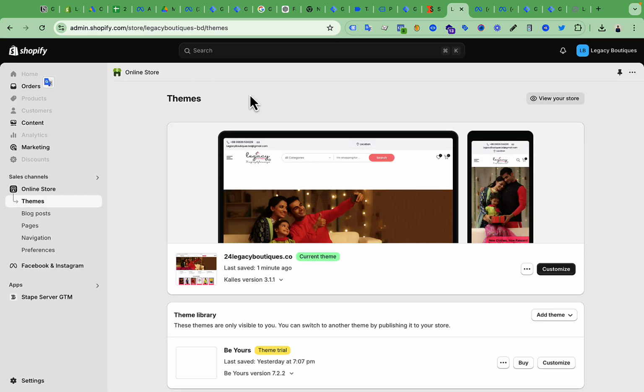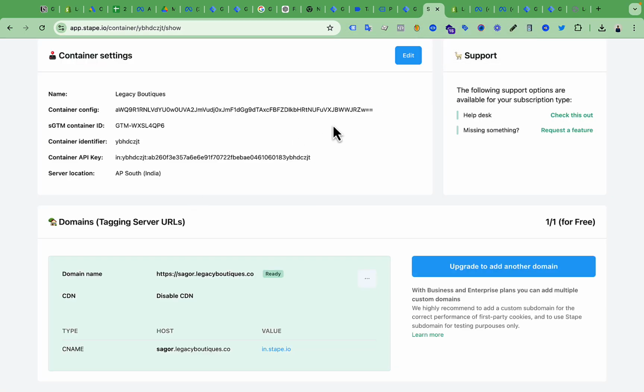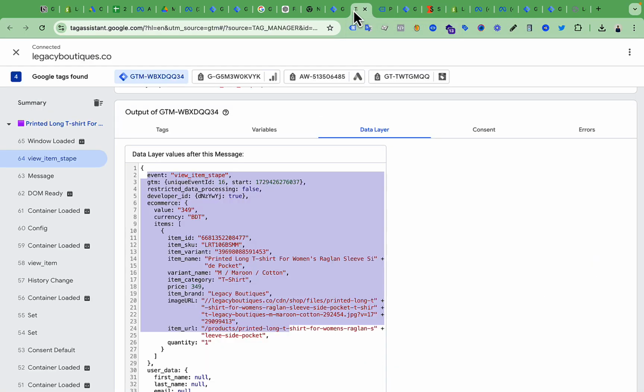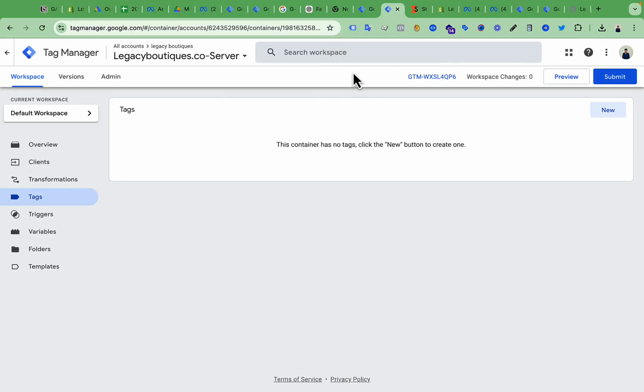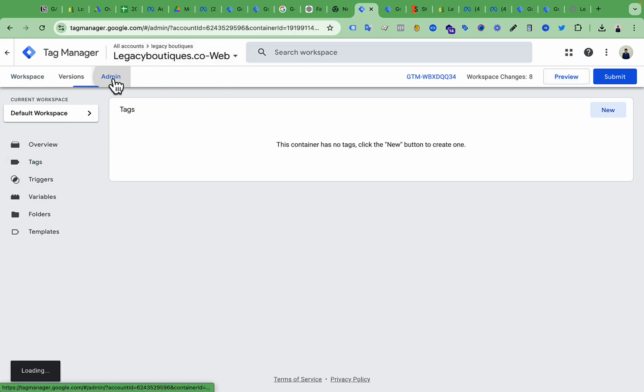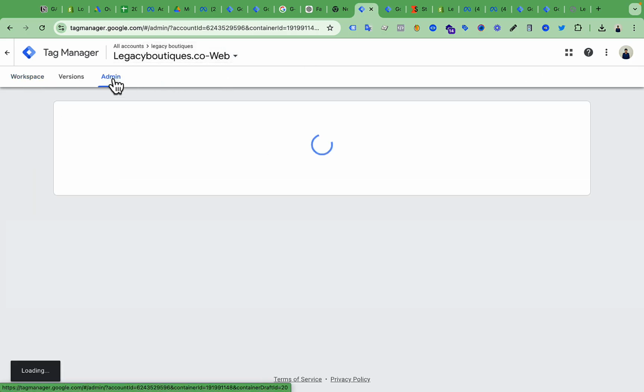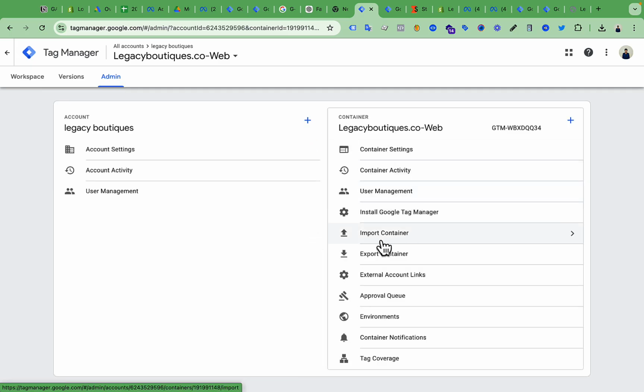And after enabling the data layer and after doing everything on your Stape.io account, then we can import our GTM template on our web container and our server container. Let me import the web container template. If I go to admin section, from the admin section I can import the container easily. If I click on import container